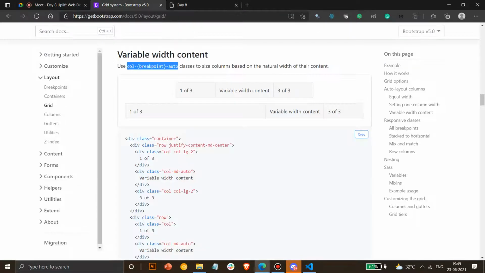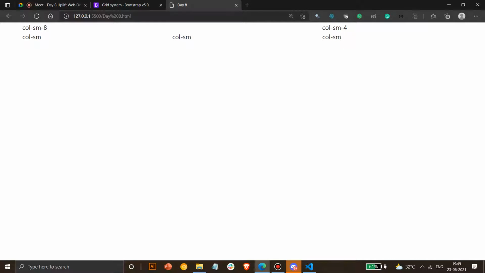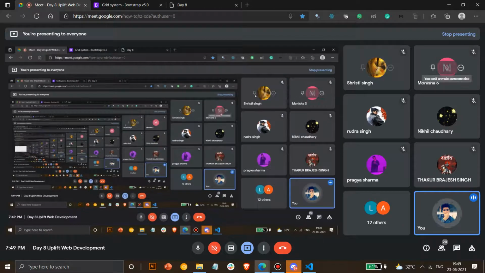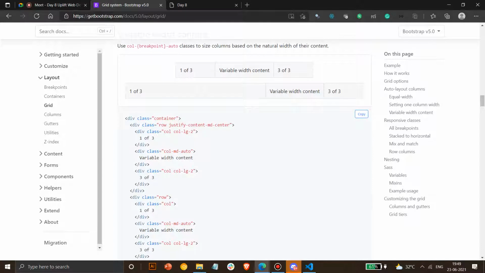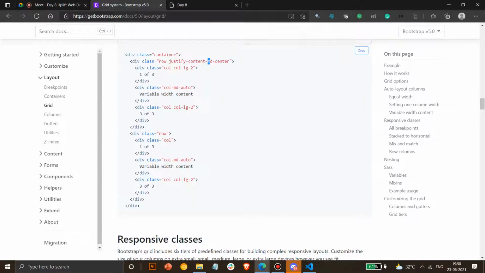A breakpoint is used for specific devices. Suppose you want to show a particular image in mobile but not in laptop, or you have to specify it in laptop but don't have to give it in mobile. In those cases, you give a 5 structure layout in laptop and a 3 structure layout in mobile. In laptop you can give 7 rows here or 16 rows here, but in mobile you can't do that. Because of that problem, you have LG and MD for it. So this will work for MD devices only, medium sized devices or large sized devices only. Beyond that it won't work. That's why these resolutions and everything are specified.